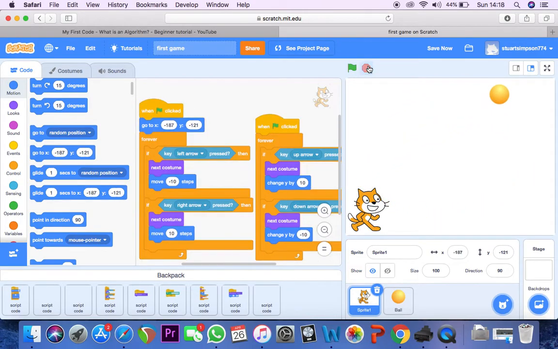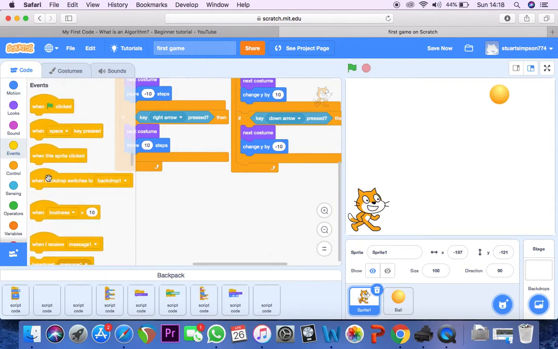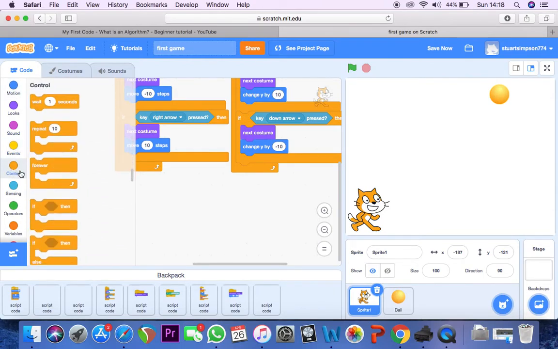All right. Okay. So now we're going to make another piece of script, and it is going to be under control. It's going to be if this then that once again. I'm going to put it here. You could put it here. I like to space my coding out a little bit so it doesn't look too much of a muddle. If you've got a big stack of coding, sometimes it gets a bit confusing to look at. But if you have it in different categories,